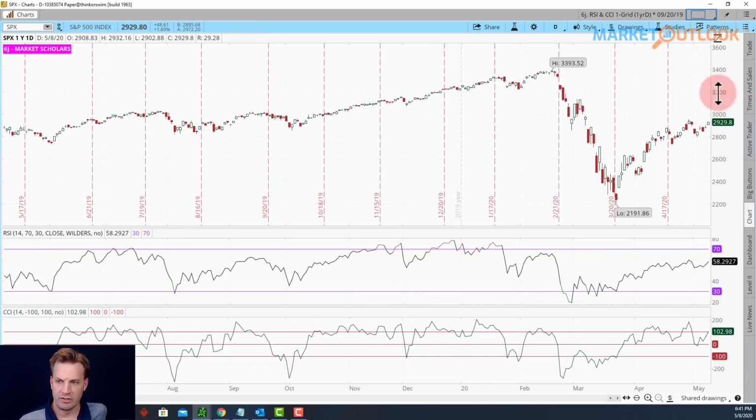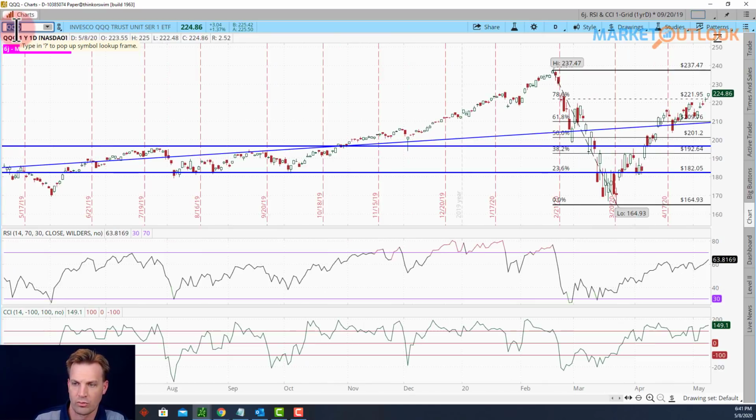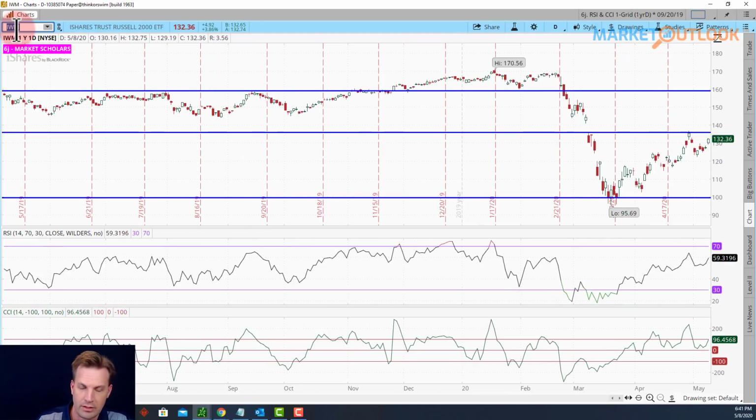RSI and CCI, the key level here is getting above 60. We're dang close on the S&P. We have broken up above it on the QQQs. So that's a really nice sign. And then if you look at IWM, it's making another run to try to get above 100 and get above 60 on the RSI. You look at the DMI,